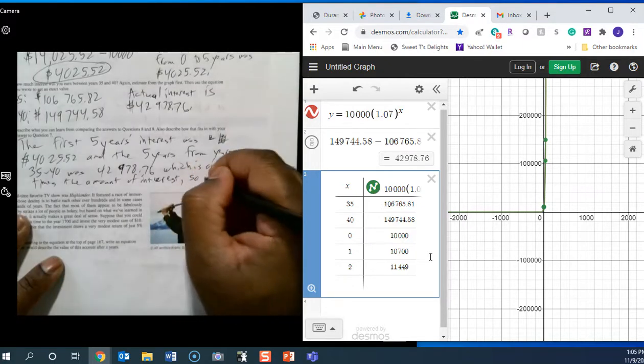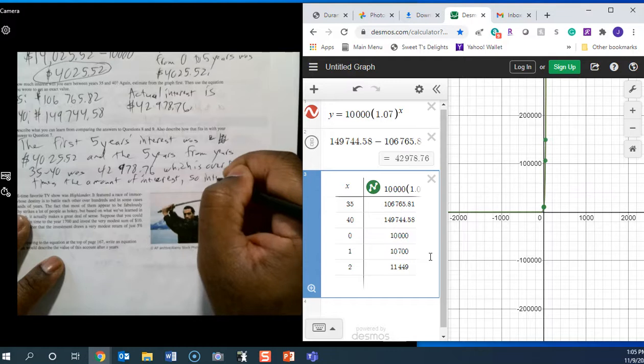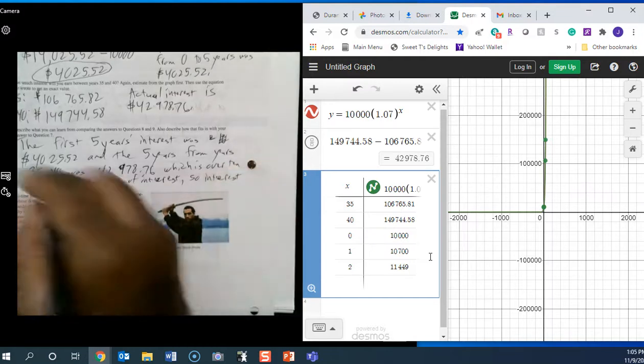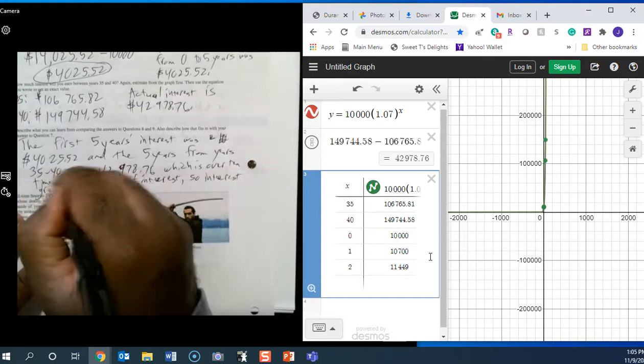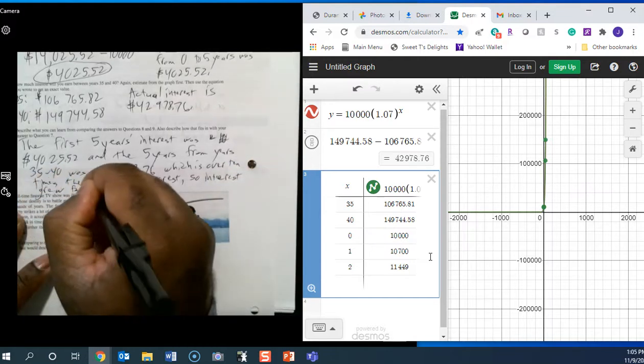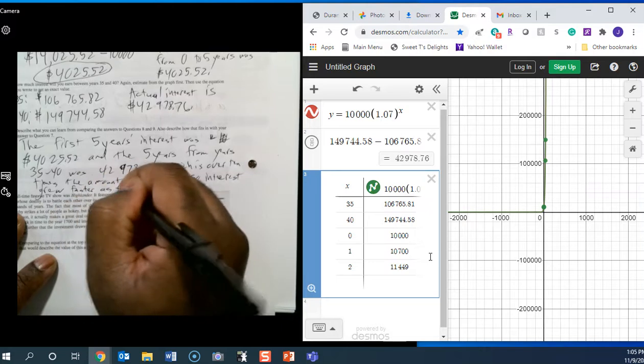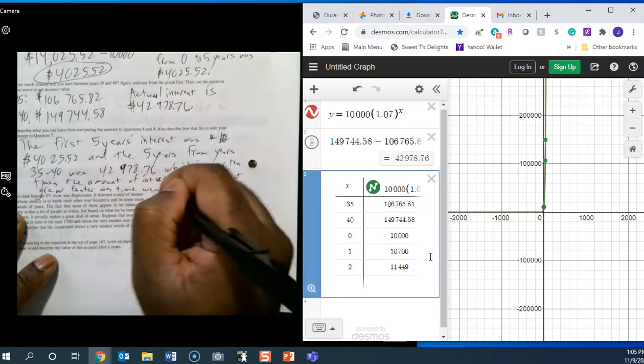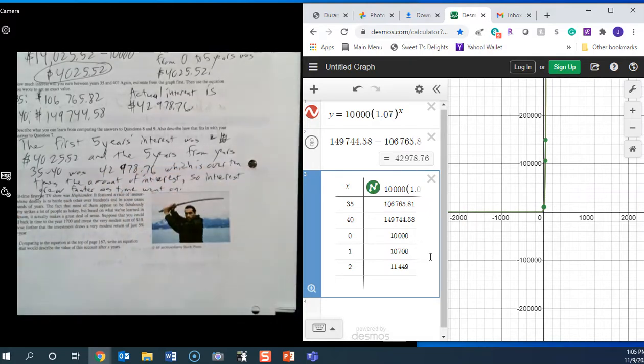So interest grew faster as time went on, which is basically what we stated before. The longer the time, the more interest was made. Okay, now,